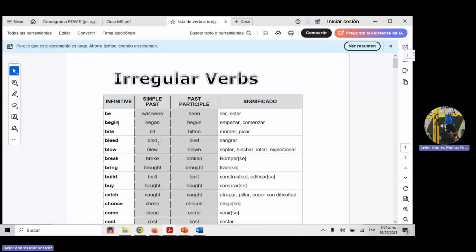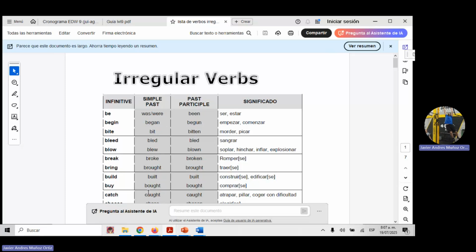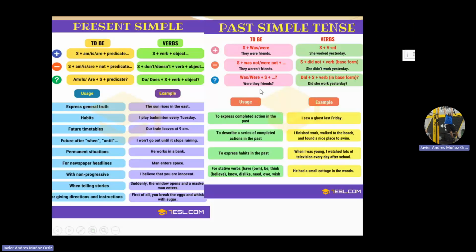It's not going to be important if the person is a third person singular or plural, second person or first person, because the word is going to be the same for everybody. Okay? So this is the difference between simple present tense and simple past tense in terms of grammar. If you want to check more details, you can check the previous video or the previous session. But this is the main difference between present and past in terms of grammar.